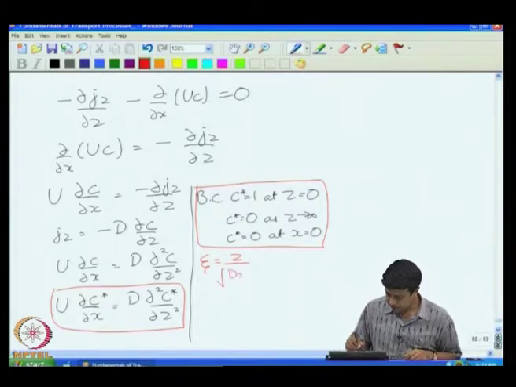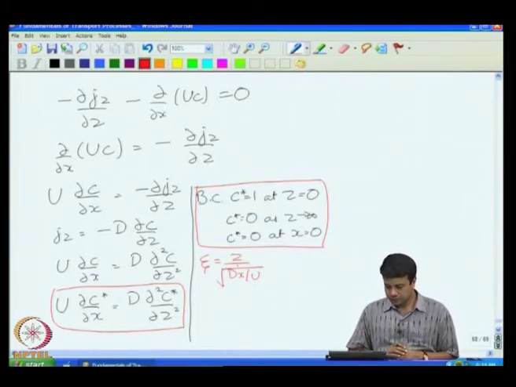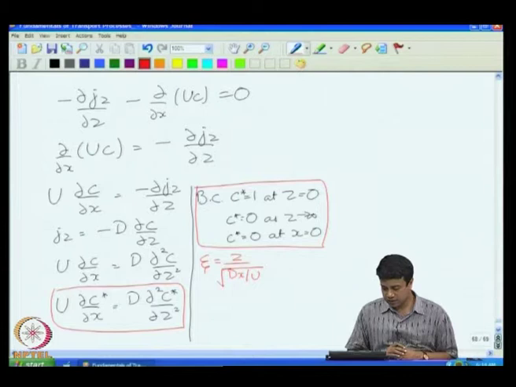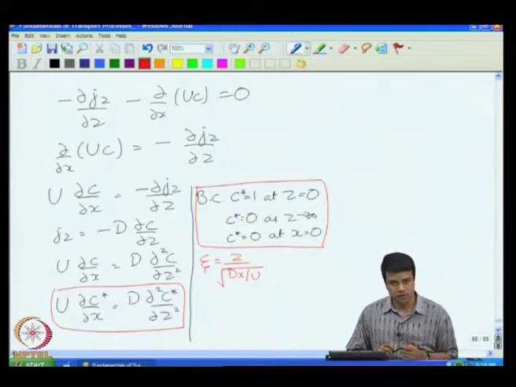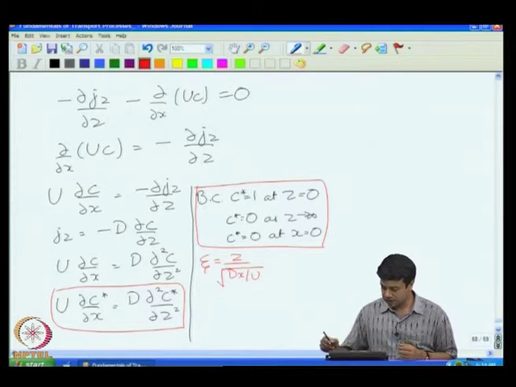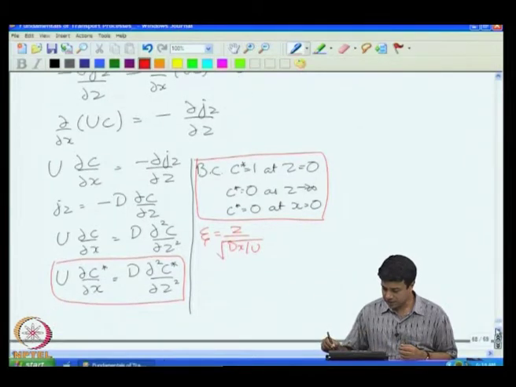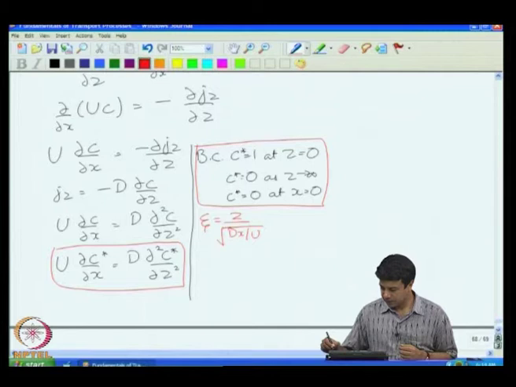Square root of dx by u. If I write the similarity solution this way, the only difference from my previous similarity solution is that instead of writing z by root of dt, I have written z by root of dx by u. So, x by u takes the position of t in the similarity transform. With that, I will get quite easily the solution of this equation,